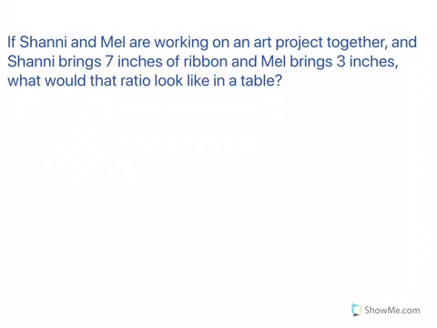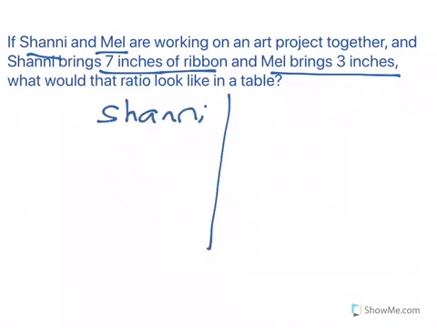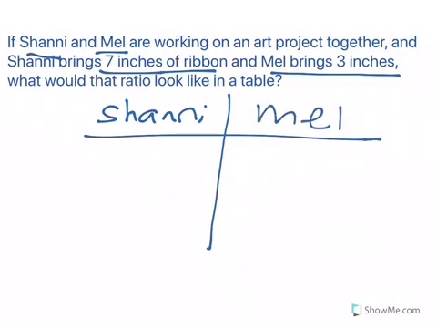If Shani and Mel are working on an art project together, and Shani brings 7 inches of ribbon and Mel brings 3 inches, what would that ratio look like in a table? We'll put Shani's name down. We'll create our table here. And on the other side, we'll put Mel. Well, if Shani brings 7 inches of ribbon and Mel brings 3 inches of ribbon, your table shows us that the ratio of ribbon that Shani brings to the ratio of ribbon that Mel brings is